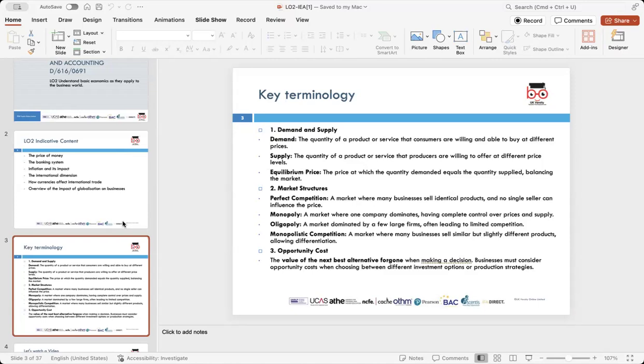But in monopoly, one company dominates the market, controlling supply and setting prices. Oligopolies consist of a few large firms that influence market trends, often leading to limited competition. Lastly, in monopolistic competition, businesses sell similar but slightly differentiated products,